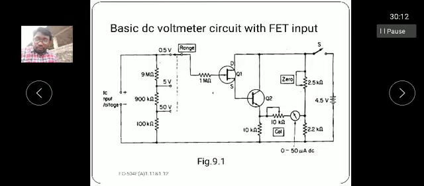The known voltage source causes current to flow in the drain of the FET. This causes the emitter current to flow in the transistor T2. This results in a voltage drop across the emitter resistance, here RA. This causes the deflection in the microammeter. The 10 kilo ohm calibration potentiometer is adjusted until the meter shows the full scale deflection.